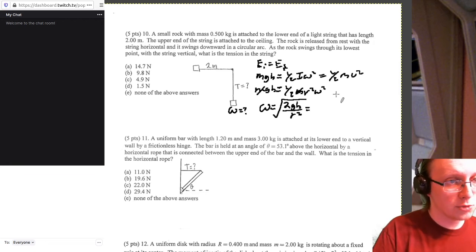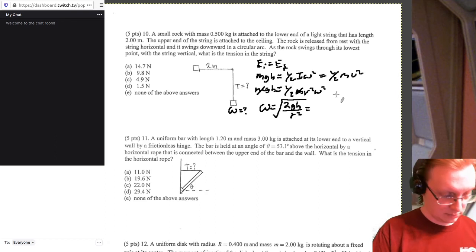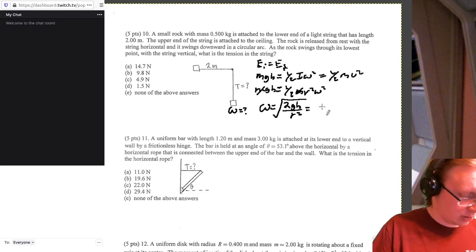R is 2 meters, divided by r squared. So we have an omega of 3.13